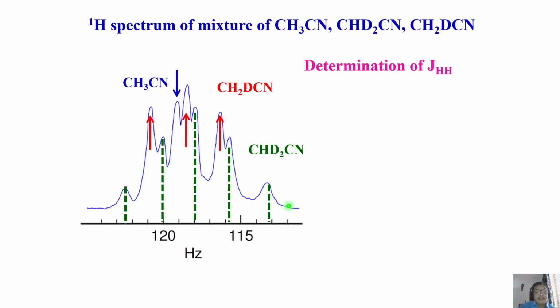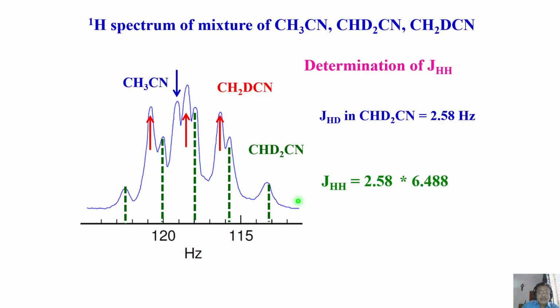I hope you remember, in one of the classes a couple of classes before, I mentioned to you that when a spin-half nucleus is coupled to two equivalent spin-1 nuclei, you get a pentet of this intensity, 1:2:3:2:1. There is a Pascal-type triangle for this also, you can work it out. In fact, I worked it out by a family tree approach and showed you how you get 1, 2, 3, 2, 1 intensity. You remember, we have got it now. So where is the center of this? The center of this is here.